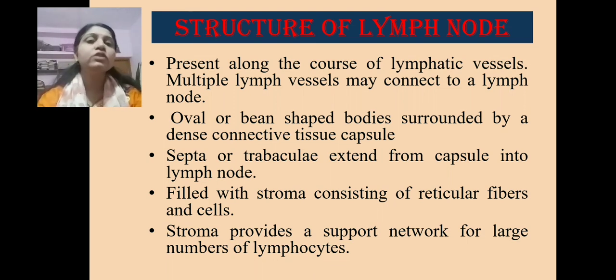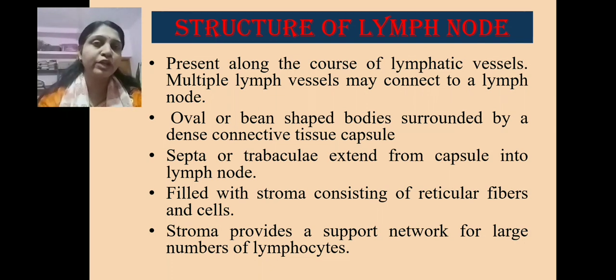Majorly, the size and shape of the lymph node, which is kidney shaped, is developed due to the presence of a meshwork of fibroblast cells. These different fibroblast cells present within are responsible for giving elasticity to the lymph nodes. Now, how is this performed? Specifically, we know that whenever there is the presence of antigens, the antigenic stimulus is given to the immune cells, either a B lymphocytic cell or a T lymphocytic cell.